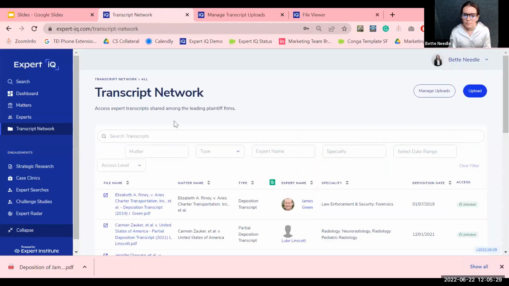You'll see the Transcript Network is located on the left-hand navigation menu in Expert IQ. Each of you should have access to Expert IQ. If you don't, you can reach out to your Customer Success Manager to go ahead and get you set up with a login. This is where all of the work that we've ever done for your firm is housed, including expert searches, strategic research, case clinic reviews with our in-house doctors, and the newest feature is our Transcript Network,